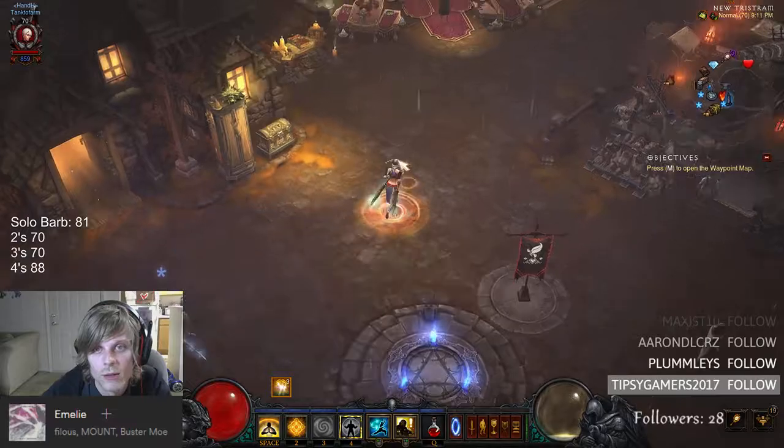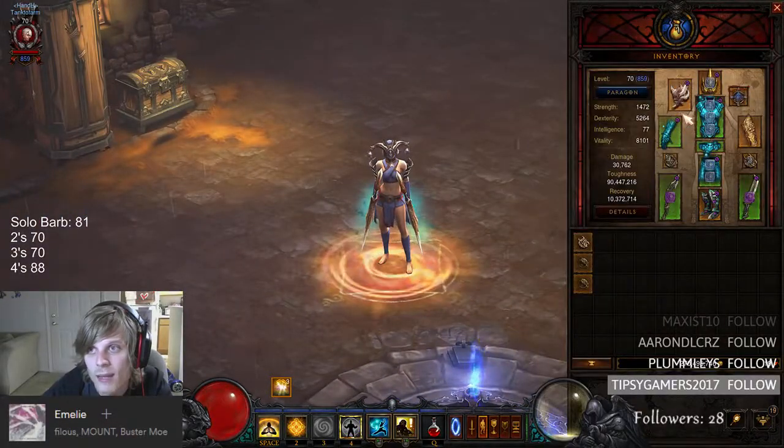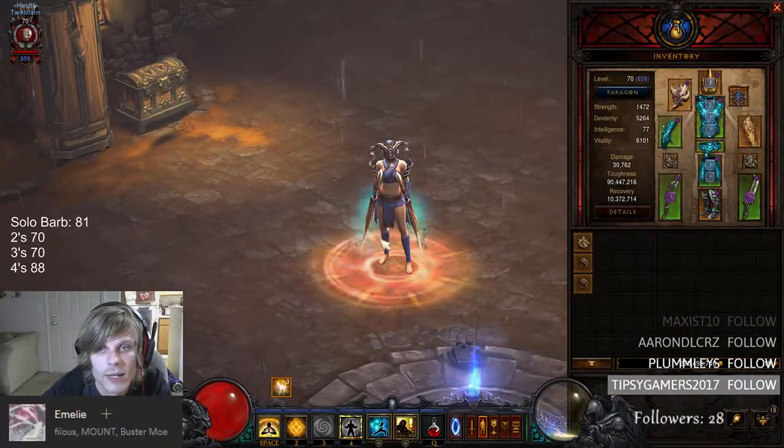So we're going to go to my Zmonk and I'm going to go over the gear, the stat priority, the gems and the playstyle, and then at the very end I'm going to show you guys how to play